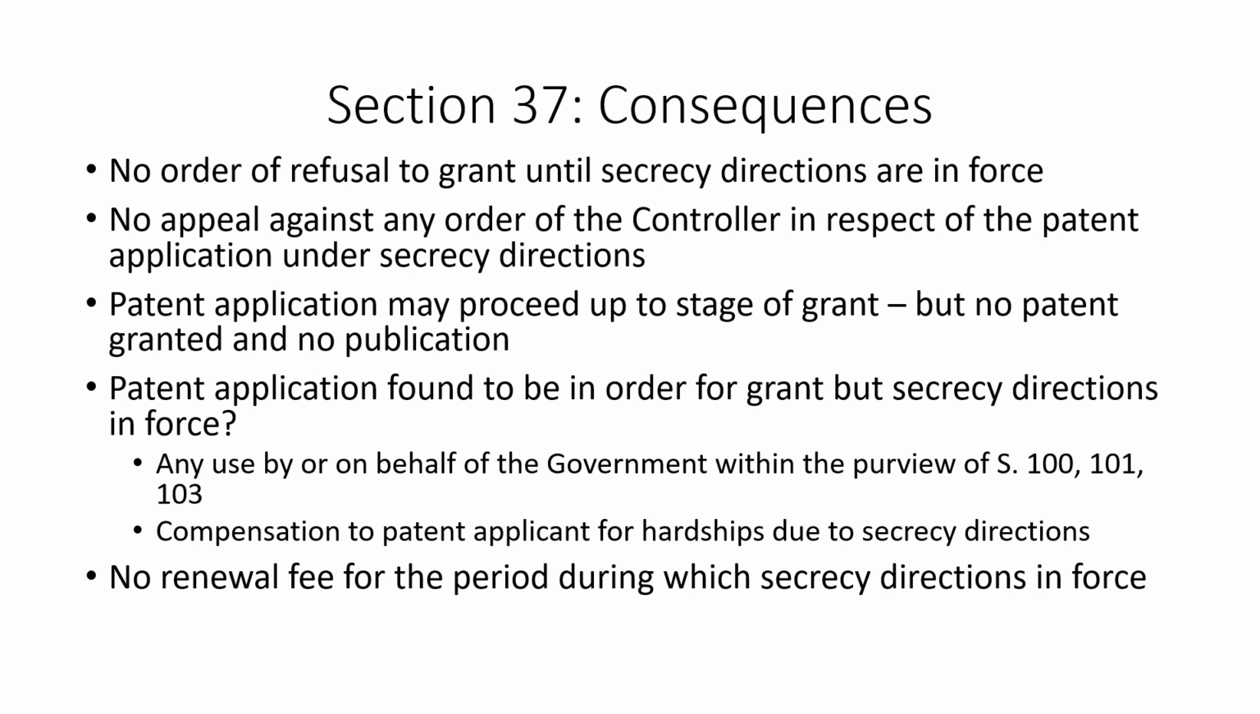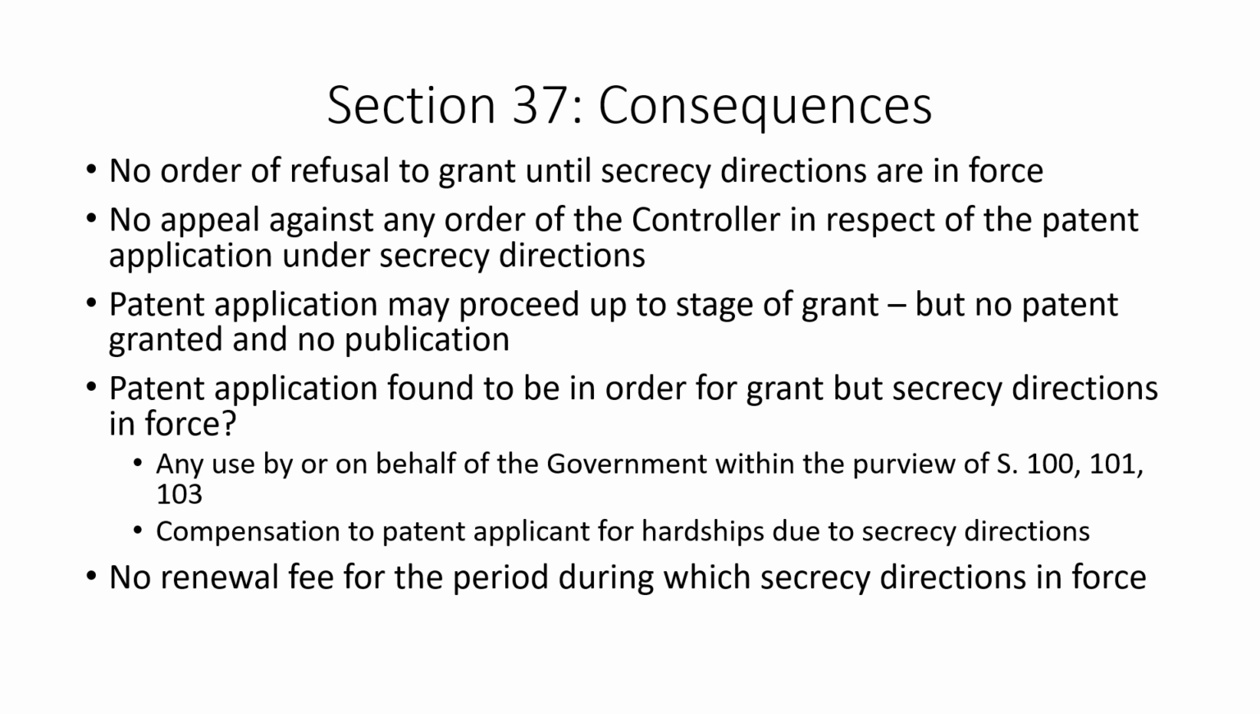Another provision is that in case the patent application is found to be in order for grant, it may proceed up to the stage of grant so that no patent would be granted and no publication would happen, but it would reach the stage of being in order for grant. So what that means is you could have an FER issued, you could file a response, you could have a hearing and even a discussion with the controller so as to put the application in order for grant, but all the processes would stop at that particular stage and no further action would be taken unless and until the secrecy directions